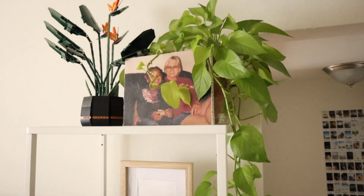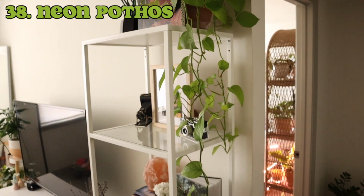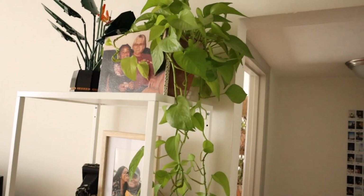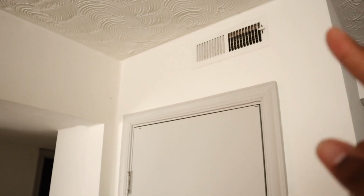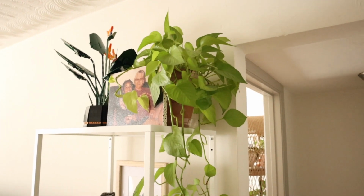And then coming over here, I have this bookshelf, and I only have one plant up here, which is my neon pothos, which is also one of my babies. It has grown so much and is just so long. This one honestly kind of struggles up here because the vent is up here, so in the winter the heat was blowing, and now it's almost summer, so the AC is blowing,